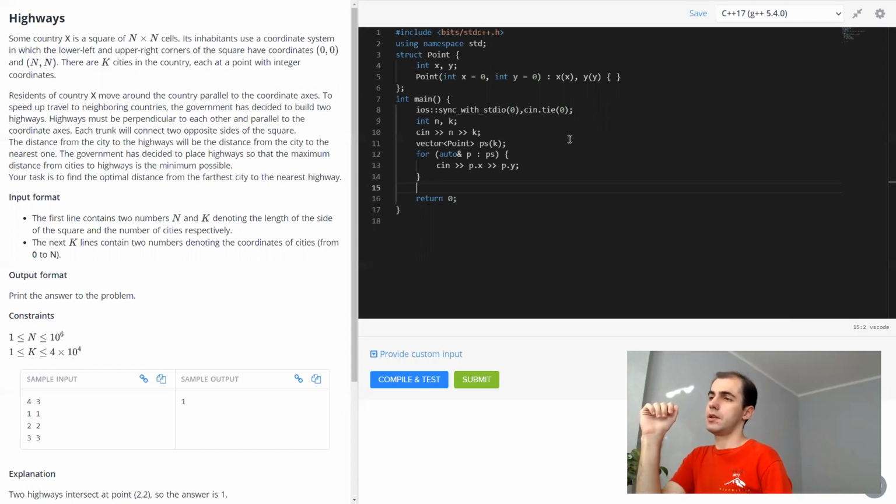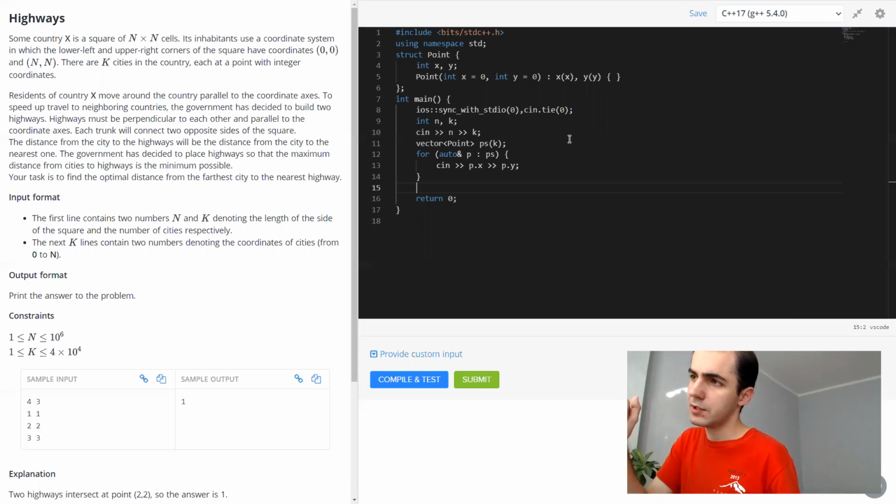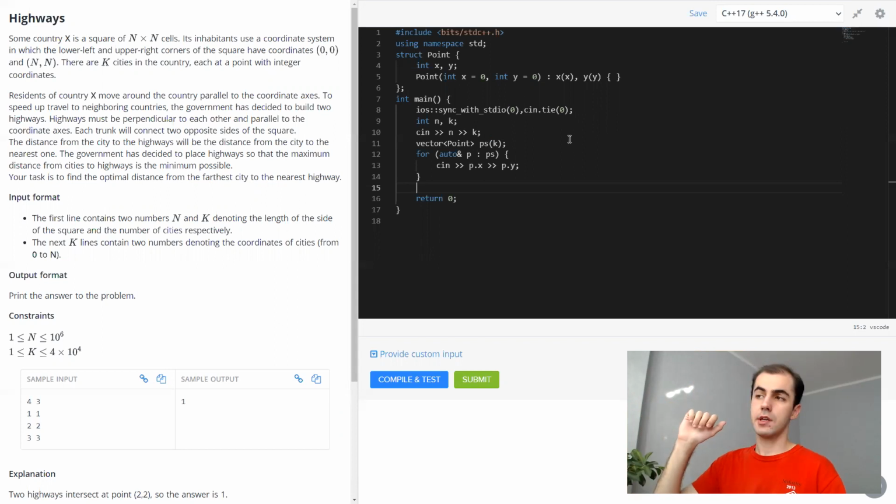Sometimes extra log factors are not free, but I can't see a scenario in which this will kill us in this problem, especially given that k is only up to 10 to the 4th, which kind of suggests that you may have yet another logarithm in the complexity.